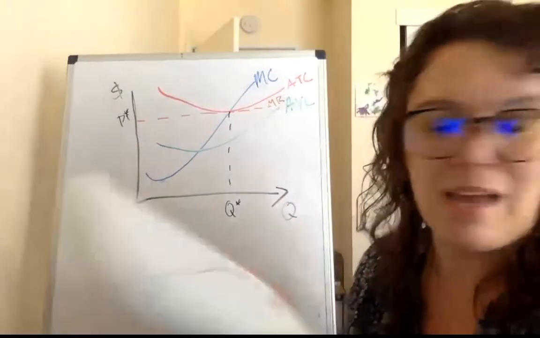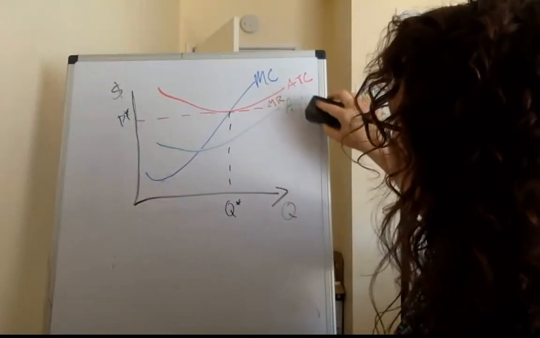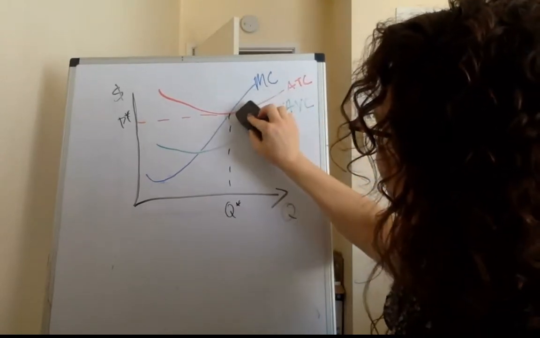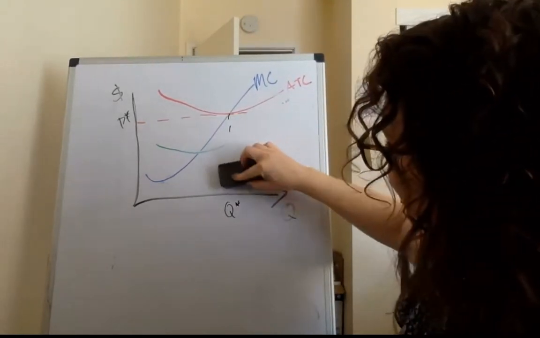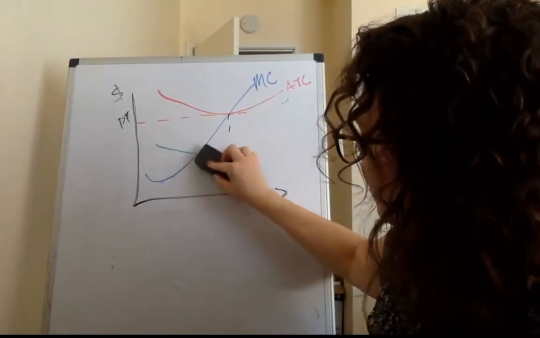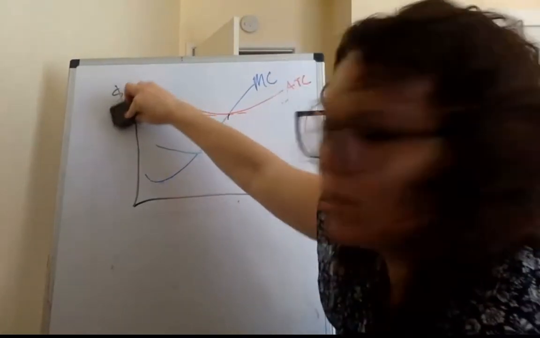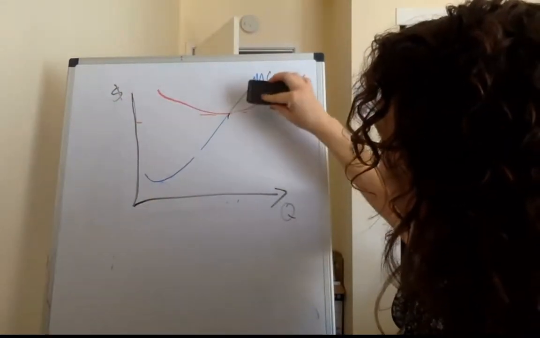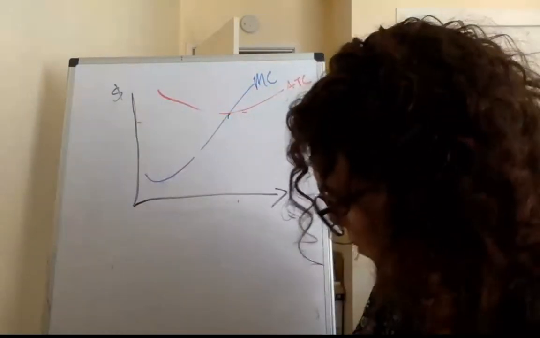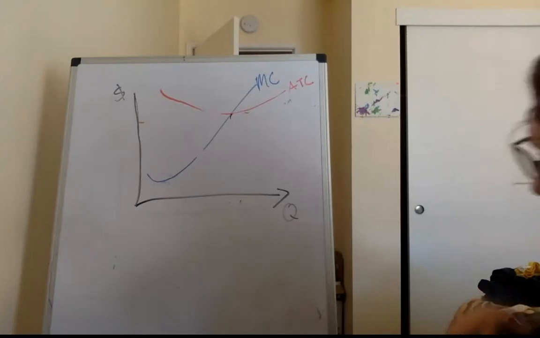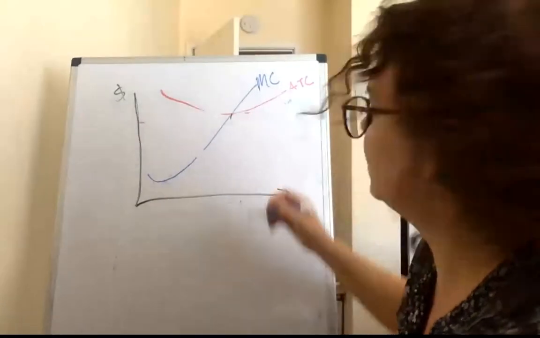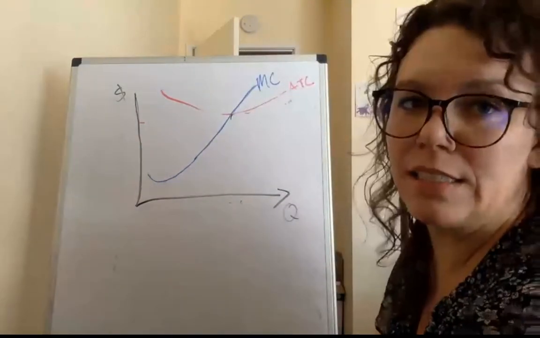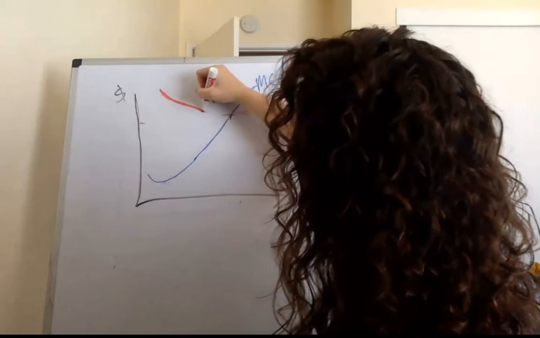So I still have my average total cost, average variable cost, and marginal cost curves. But now, actually, we're not going to worry about average variable cost anymore because we're not going to worry about shutting down. We're going to talk just about how the long run is different for a monopolist than for perfect competition. So now I want to not just worry about marginal cost and average total cost. I want to consider the demand curve,